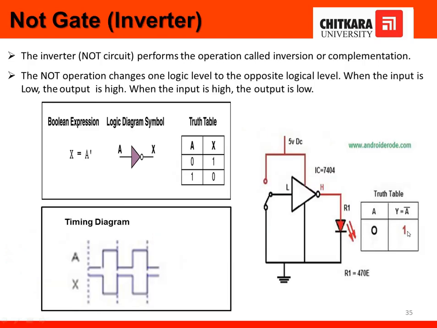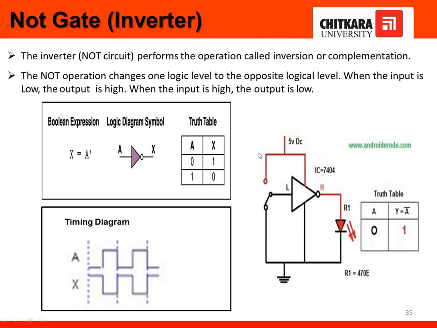Next gate is the NOT gate. NOT gate is just an inversion. It consists of one input, either 0 or 1. If we are giving 0, then it gives 1. If we are giving 1, then it gives 0. If you see here, when this switch is connected, then it gives the off. When it is disconnected, then it gives the on condition. So this is the logic diagram of the NOT gate, and the output is A bar.